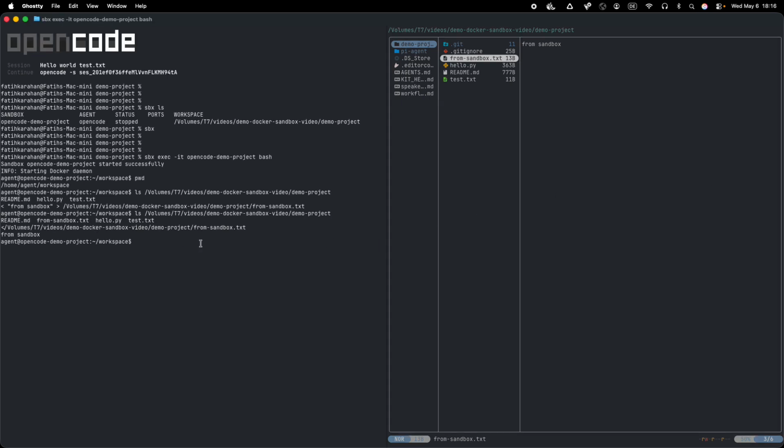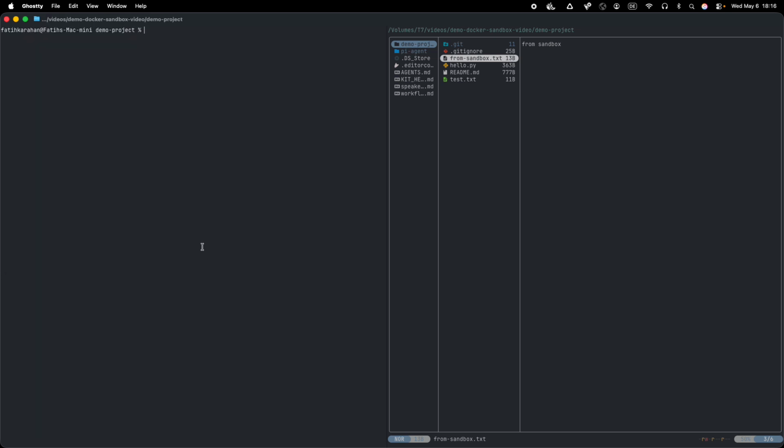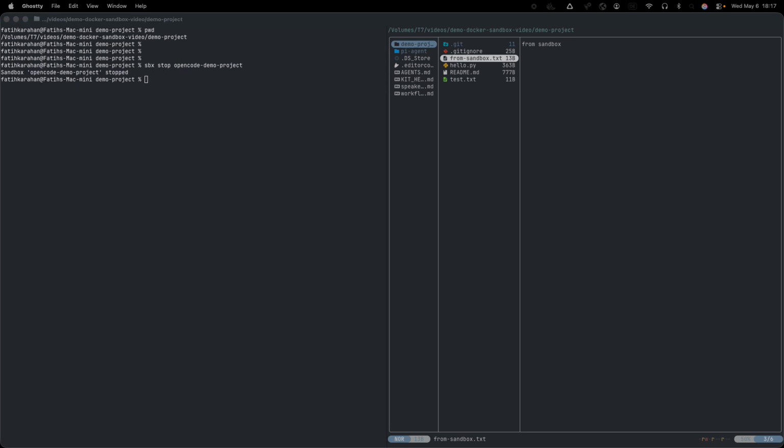Let's actually take a look at the branching. How does branching look like? First of all, let's exit from there. Now I'm inside my main machine. I will now stop this. I'll stop the sandbox itself and remove it for now. And create one